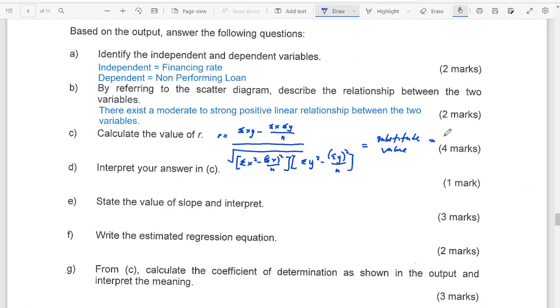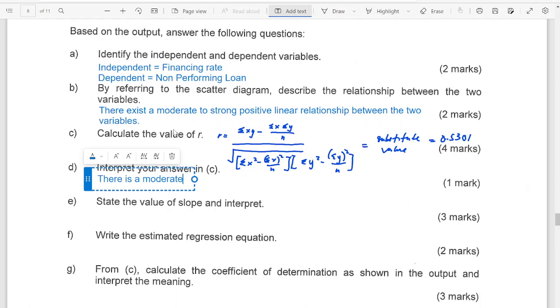Okay, you get here to be 0.5301. So this will give you the value of R. Alright, and then interpret your answer in C. So this will interpret pula. Okay, so sama macam tadi lah. So interpretation sama aja. You can see that there is a moderate